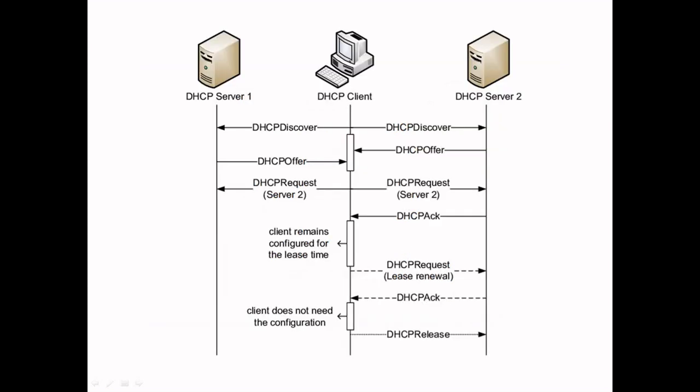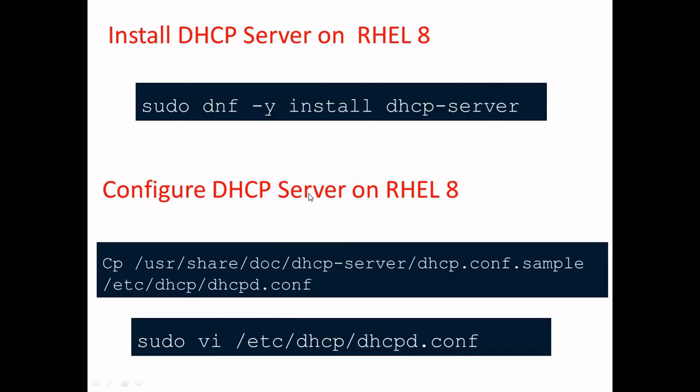But the disadvantage is that if there is only one DHCP server and that server fails, our entire network will not get IP addresses. In that case, we need to have two DHCP servers. The DHCP client will send a discover message to the entire network, and from wherever the offer comes, the client will go with that particular DHCP server. Even if you have two DHCP servers, the client will get only a single IP address, but whenever one failure occurs, there is a redundant server.